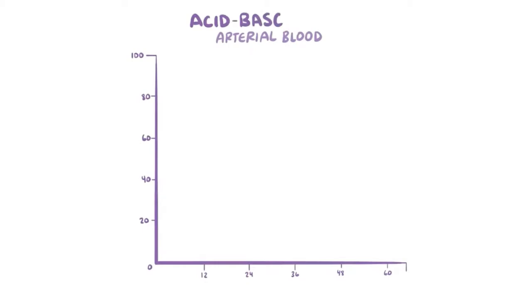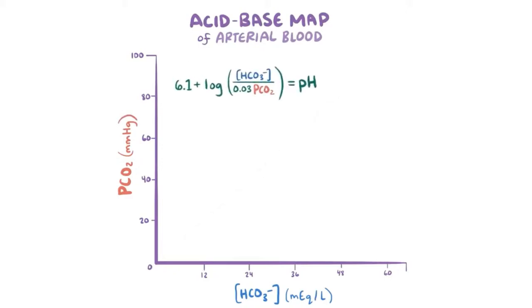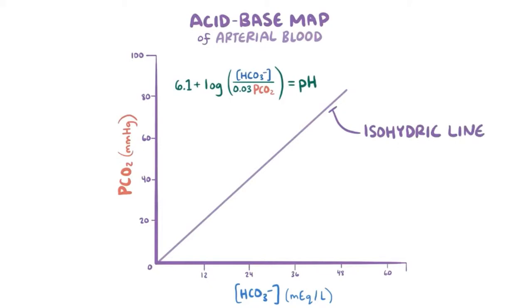Now, if we focus on the pH of our arterial blood, we can design a diagram, or acid-base map, with the concentration of bicarbonate on the x-axis and the partial pressure of carbon dioxide, or PCO2, on the y-axis. Using the Henderson-Hasselbalch equation, we can plot a line called the isohydric line that starts at the origin. The term isohydric means that along these points, they all share the same, or iso, concentration of hydrogenated ions, hydric,